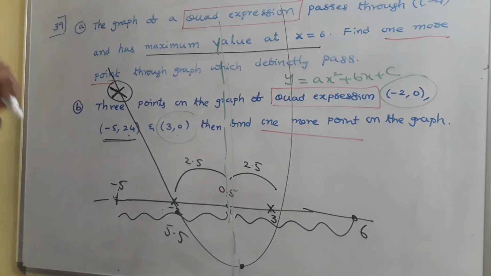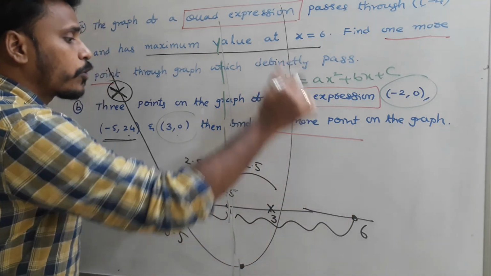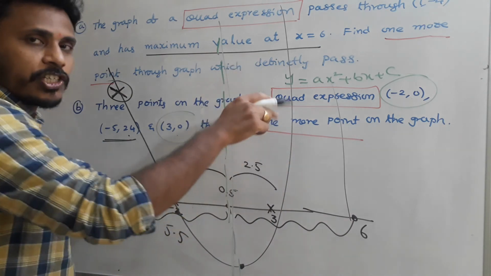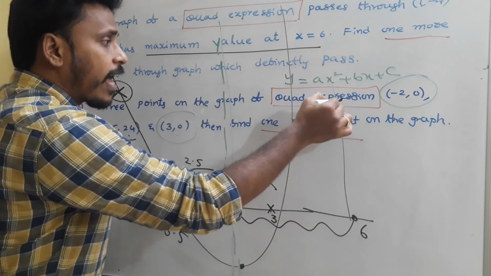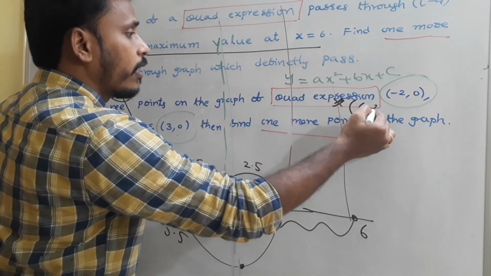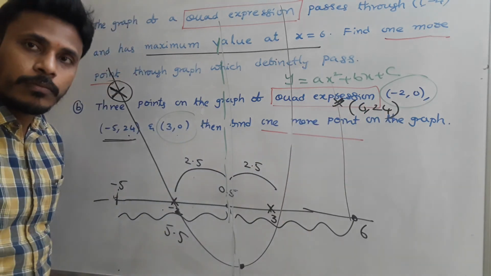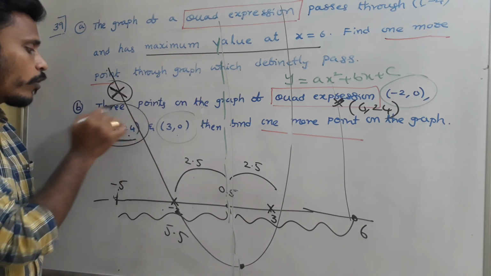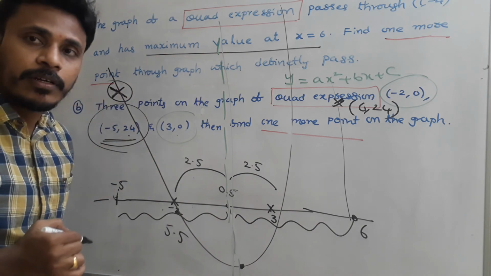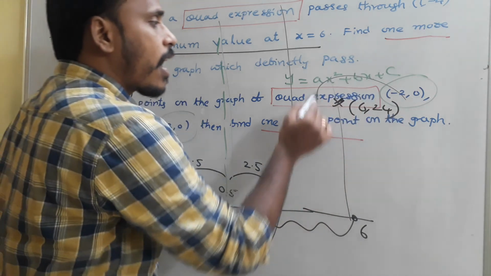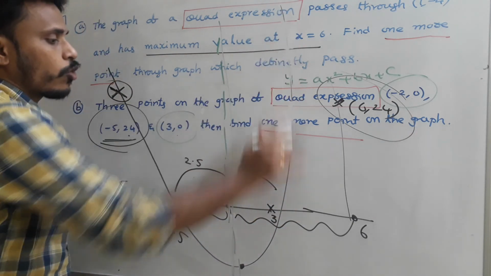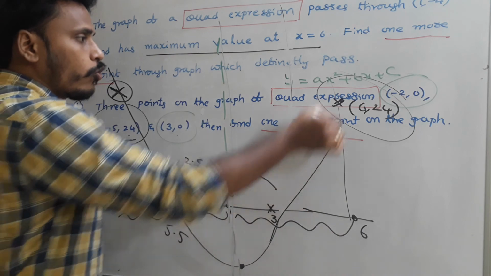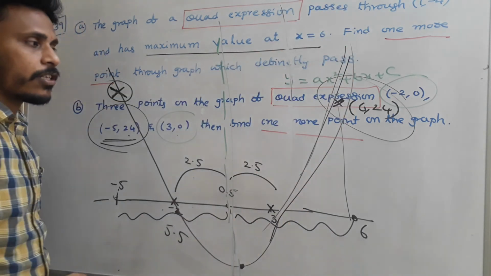And at 6 again, if you observe the point on the graph, I am just sketching the rough graph, right? So at 6, the graph surely passes through the point 6 comma 24. So as the given minus 5 comma 24 is a point on the graph, that in turn indicates that 6 comma 24 is also another point on the graph. The graph will pass through like this. If you sketch it, the graph will pass through like this.